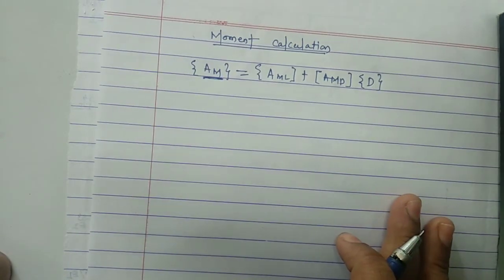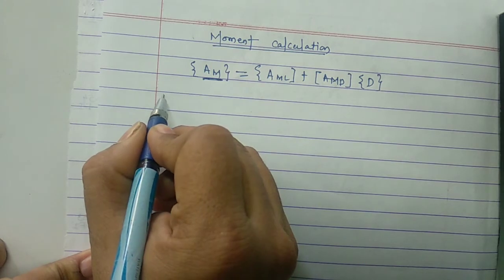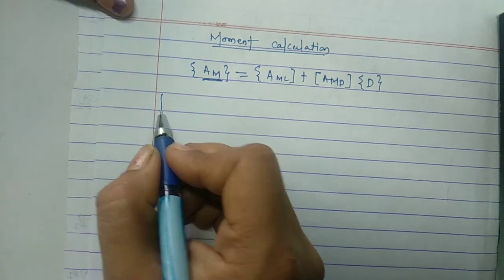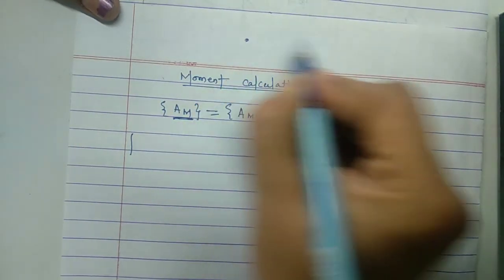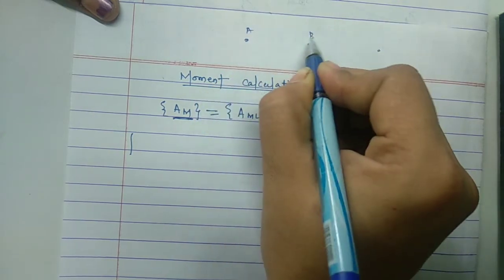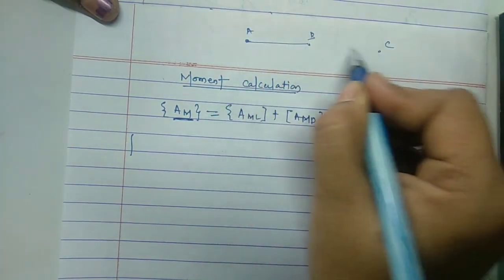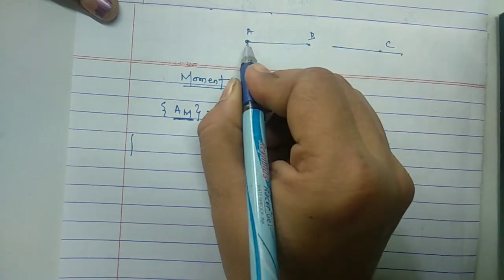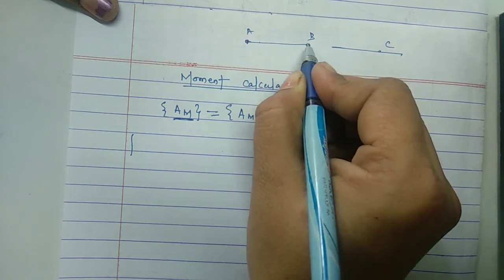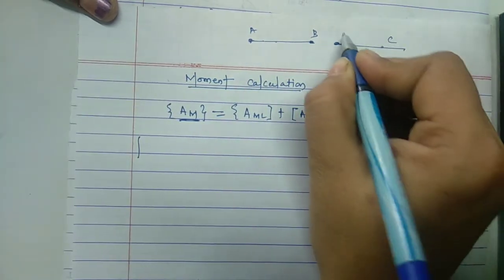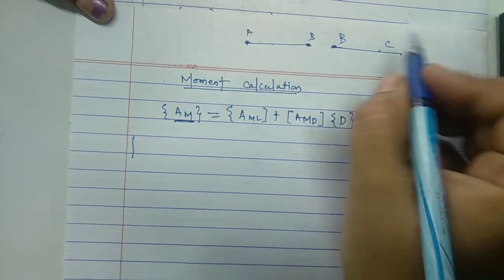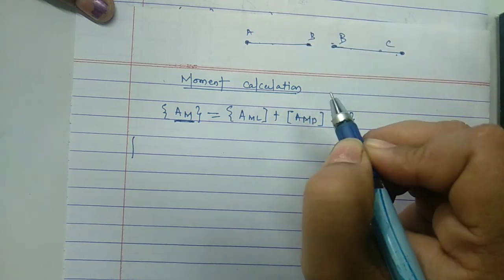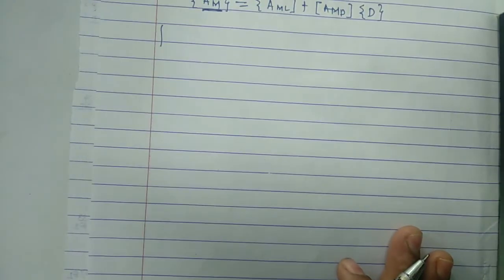So here write down all the unknown moments. Total 8 moments will be there, because there are 3 points, 1, 2, 3, that is A, B, C. Okay, 2 members are there this way. At point A there will be 2 moments, ABX and ABY. At B point, BAX and BAY. Then for member CB, BCX, BCY, CBX, CBY. Okay, so this way a total of 8 unknown moments are there.